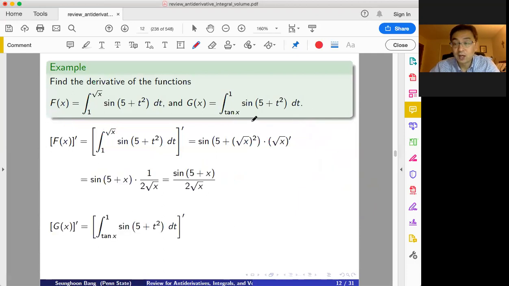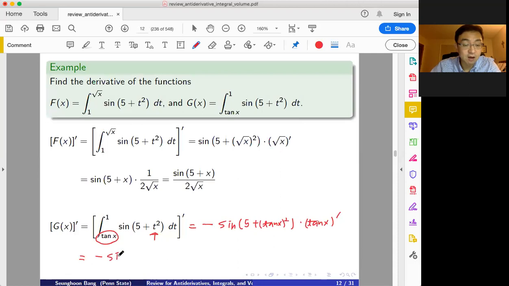The g of x prime, how can you do that? Similar. You plug tangent x into t. So we have sine of 5 plus tangent of x squared times lower limit prime. One more: we have a lower limit, so take the negative sign. And calculate: negative sine of 5 plus tangent square of x